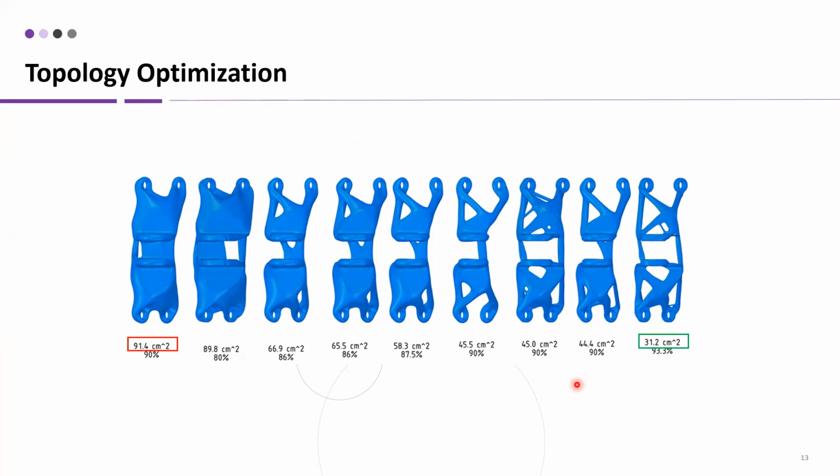So it saves a lot of material, and this is especially useful in 3D printing, because the more material you save, the lower the overall cost of production. Say you are producing some component in bulk, over the factory line it saves a lot of money.